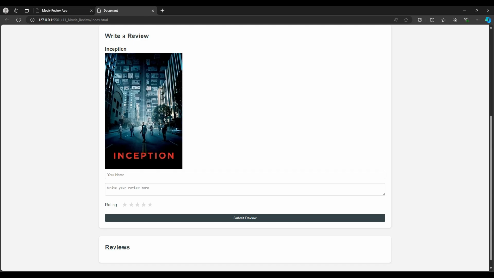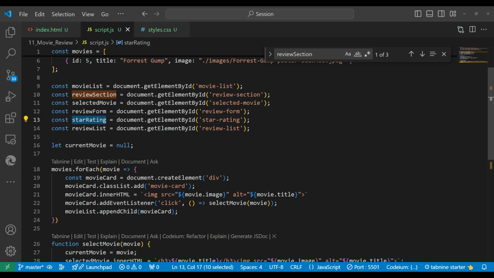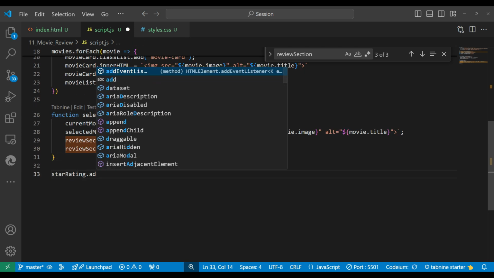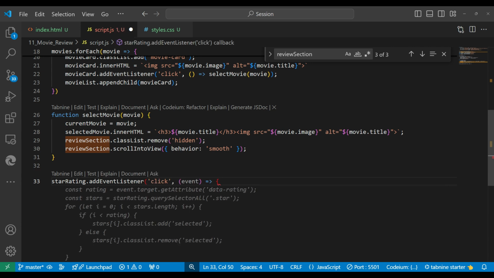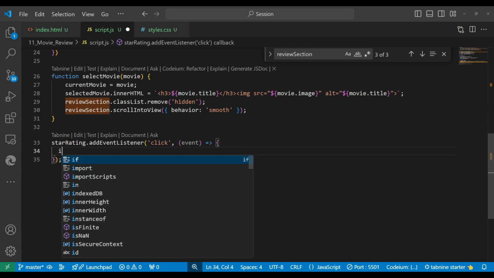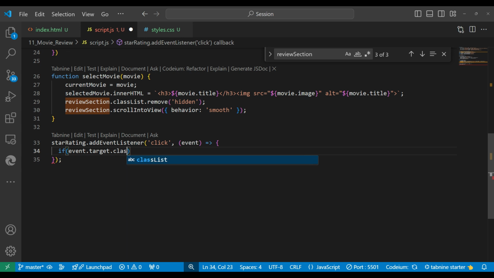Now the next part, when I click on this rating, we should see the star also. So we'll go there, and guys, this is a star rating. We'll copy this object, we'll write down addEventListener, and we need to write down click only. Inside it we'll get the event, that is correct, and we will make the block over here. Here we write down if event.target.classList.contains star, then